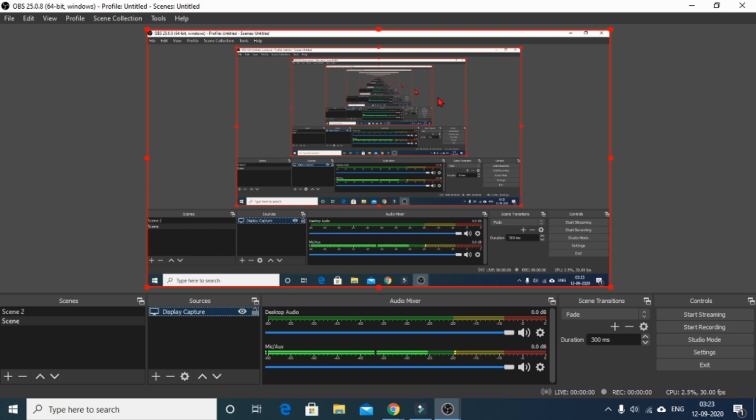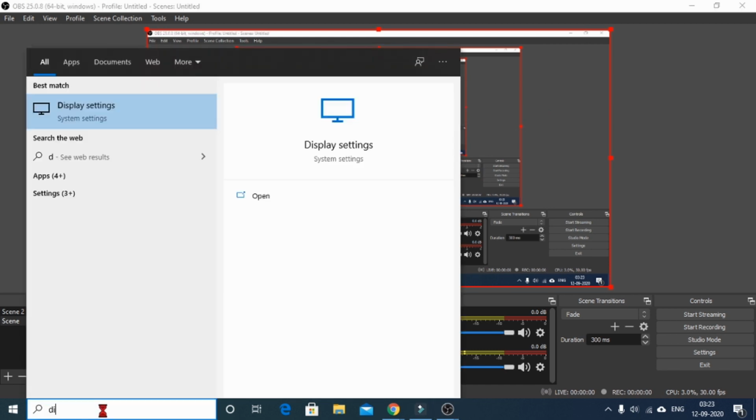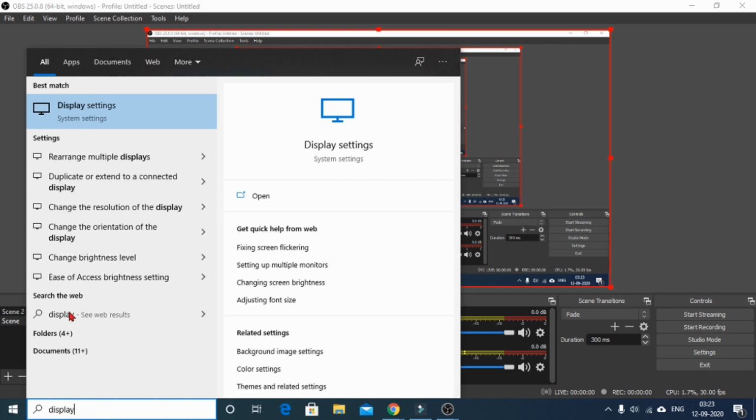Now you might have a question about how to get it corrected. If this infinite screen is not coming and the entire screen is blank, then you go to the search option over here and type display settings.